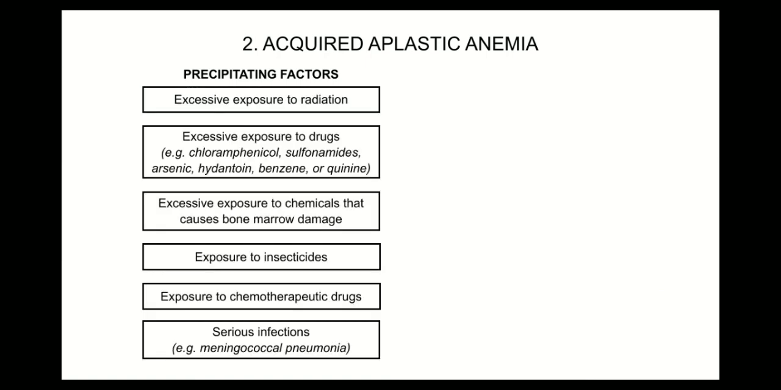Now let's go to acquired aplastic anemia. Acquired aplastic anemia, as mentioned from the previous slide, occurs when there is excessive exposure. What excessive exposure? So excessive exposure to radiation. So these are the precipitating factors. We have excessive exposure to drugs, to chemicals that cause bone marrow damage, exposure to insecticides and to chemotherapeutic drugs,